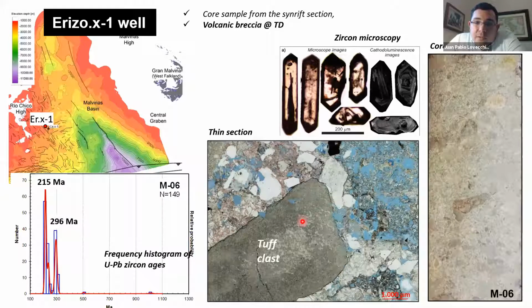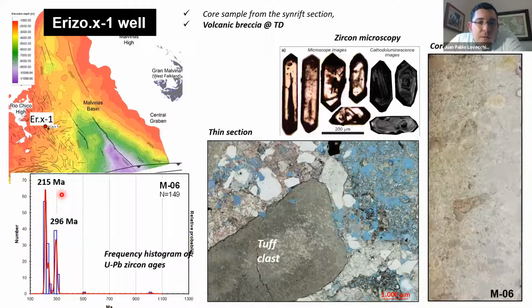There are clasts of tuff. This is what the core looks like. Okay, it's a volcanic breccia. And these are the microscopic photos of the zircons that were recovered from this rock. This is a histogram showing the age distribution of the zircons. From a total of 149 zircons, we obtained